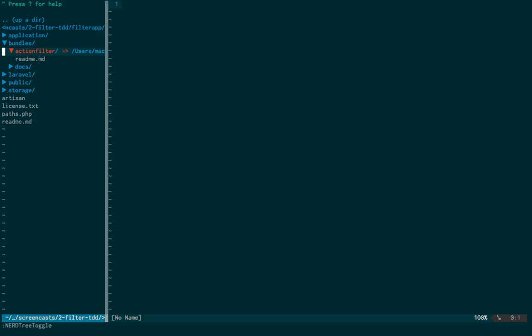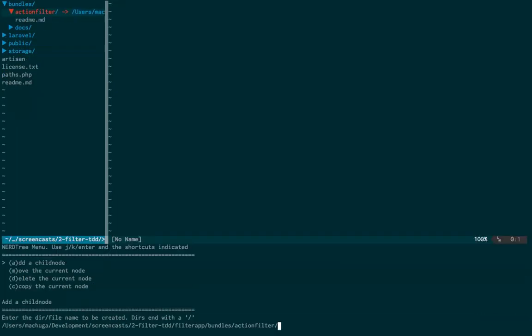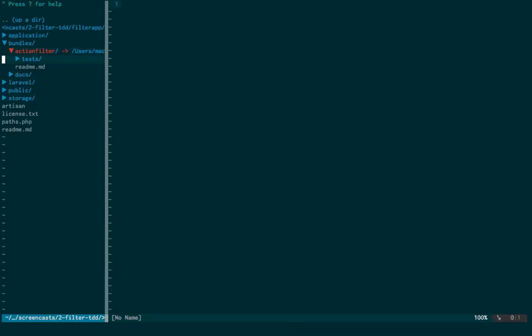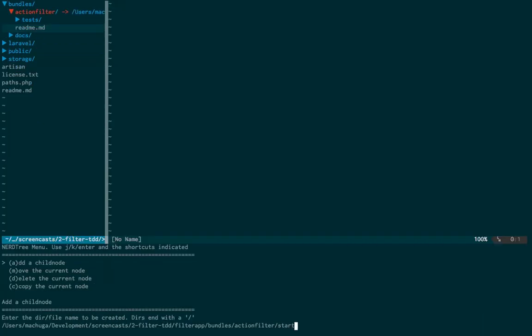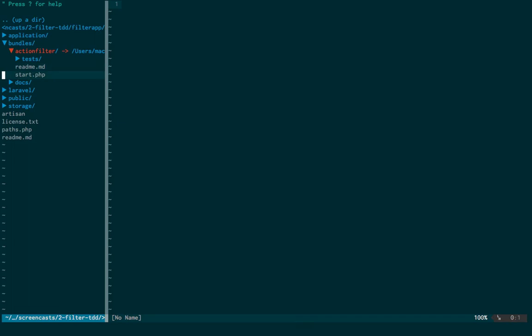I guess since we're making this with TDD, we should create a test folder first. So let's make a test directory. And first and foremost, since it's a bundle, we should create the start file first. So in here,